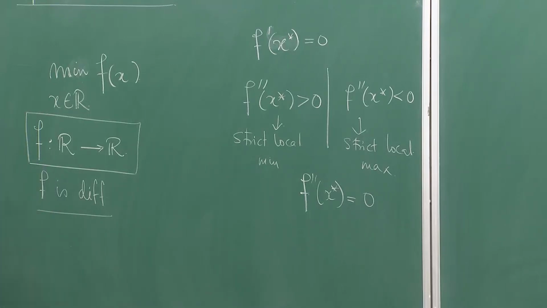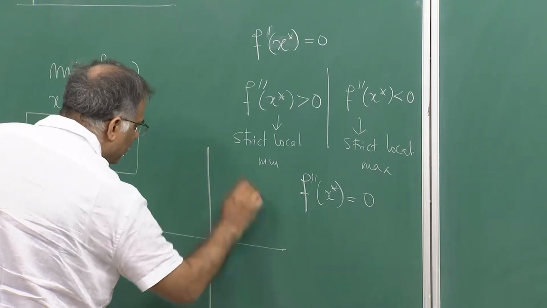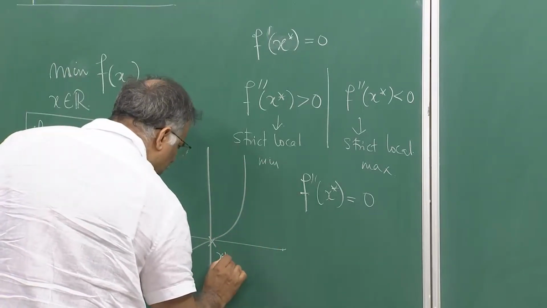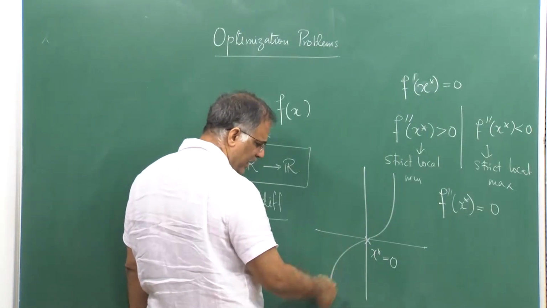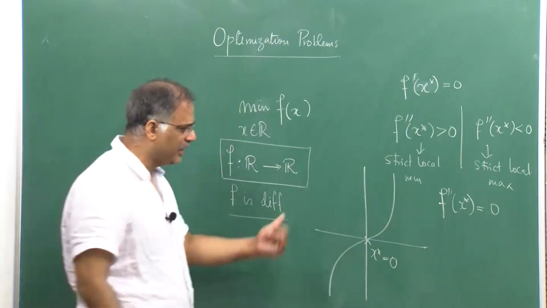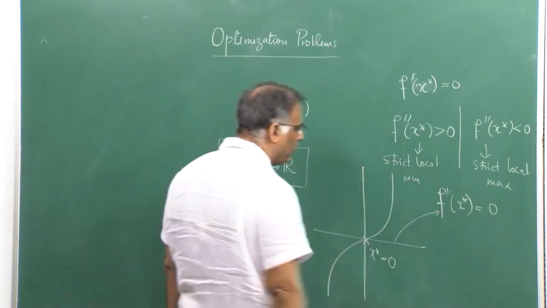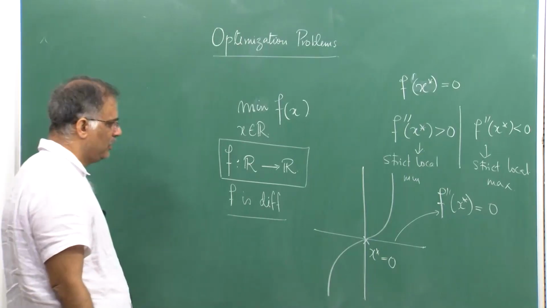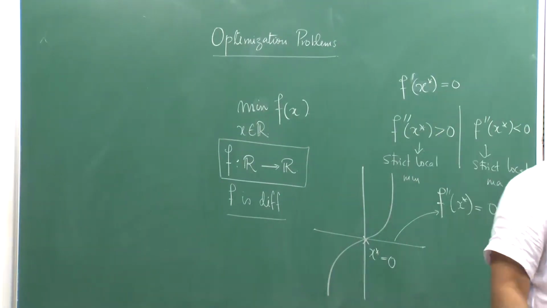You might say, oh, this is the situation where x star is possibly not a maximum or minimum, because in such situations you will keep in your mind the function f of x equal to x cube. Here the point x star equal to 0 is obviously neither a maximum nor a minimum. The function is negative before 0 and becomes positive on the right hand side of 0. In this case f double dash of x is 0 at 0, because f dash of x is 3x square and f double dash of x is 6x. But that is really not the issue.